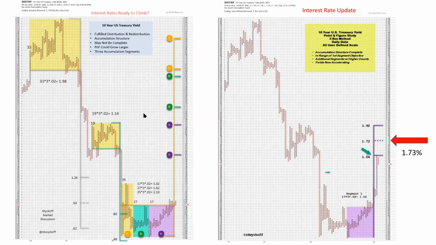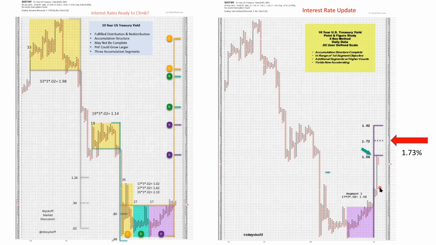I showed you this chart 2 weeks ago when we last got together. And this was a beautiful accumulation structure for interest rates, 10-year US Treasury yields. So at that time, we took that count and thought that it was backing up to an important resistance area. Well, sure enough, it took off out of there. And you can see that since that time,